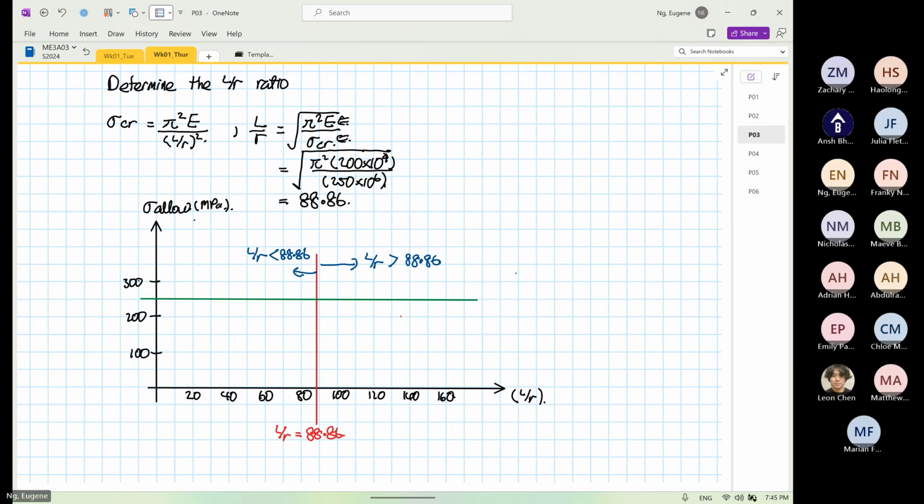This red line I've drawn: if your L over R ratio is greater than 88.86, your structure analysis is based on buckling, i.e., you have to apply the formula where stress critical is equal to pi squared E over (L over R) squared. If your L over R is less than 88.86, you are going to apply stress critical equal to P divided by A. So on the left hand side, basically if your L